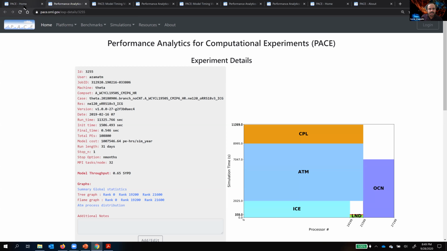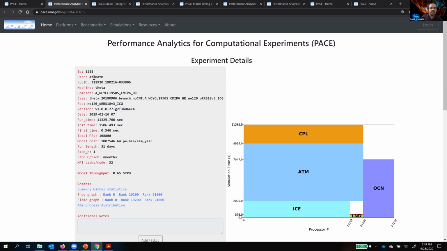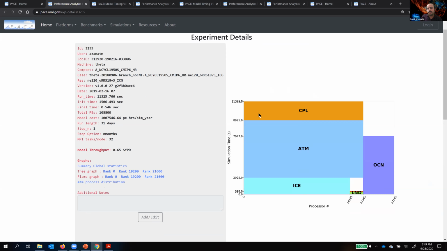Once you select a particular experiment to look at, there is a view called experiment details. It shows you a lot of the metadata: which user, which machine, what date, and what the case name is, which is our naming convention for problem configuration, the version of the model, and a bunch of other timing results. On the right, you have this model throughput diagram.